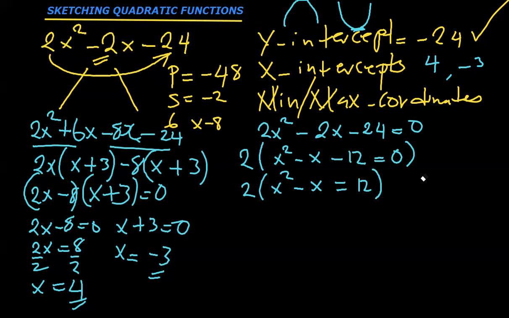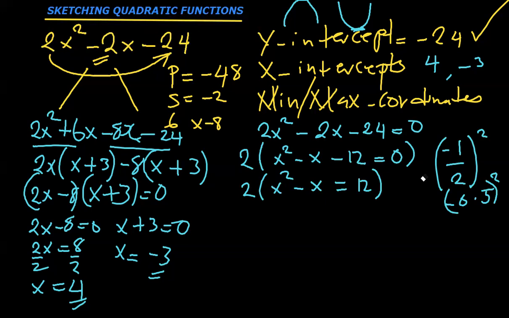We're good. Now, the other step I do, I take the coefficient of x. My coefficient of x is negative 1. So I divide it by 2 and I square the result. And then I add it to both sides of the equation. Of course, this is going to give me negative 0.5 squared. Okay, so I take the coefficient of x, divide it by 2, square the result,